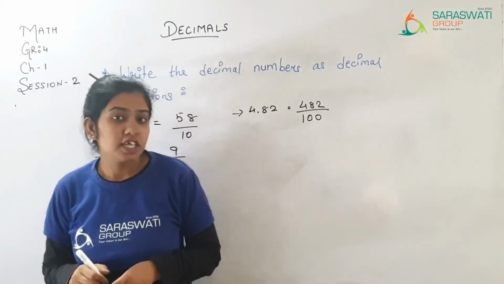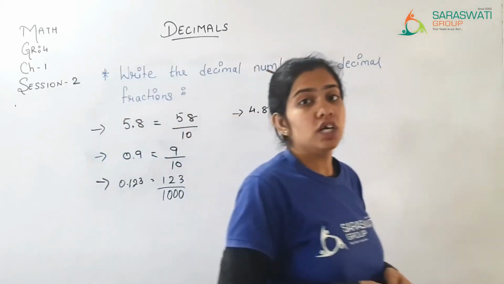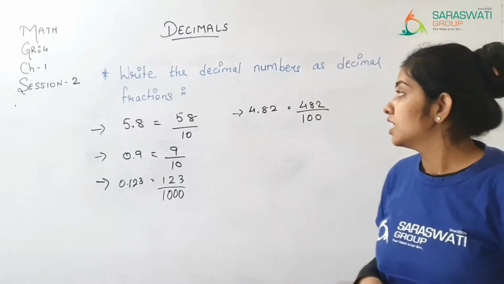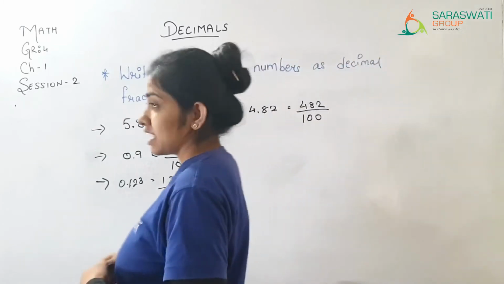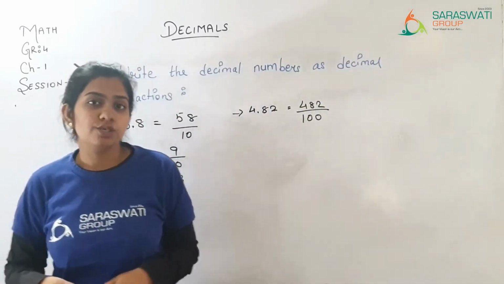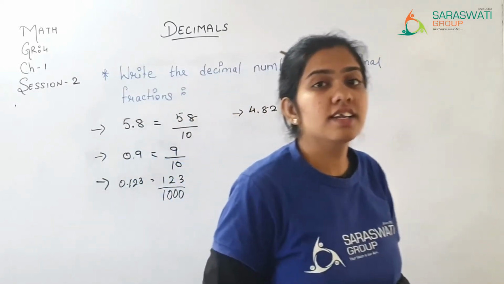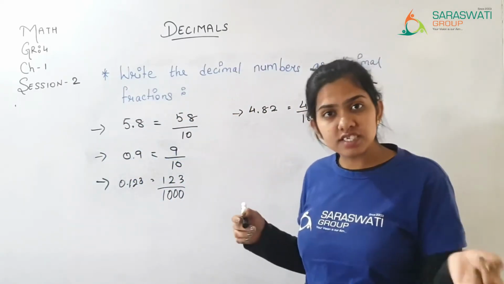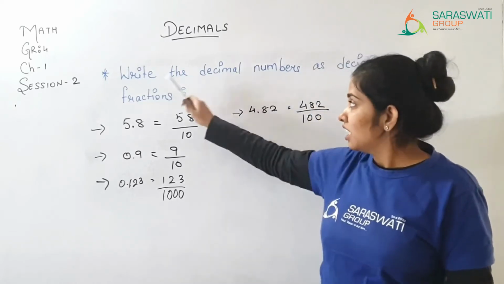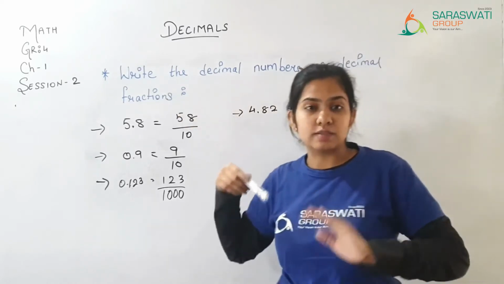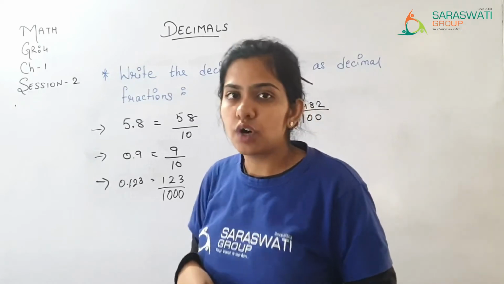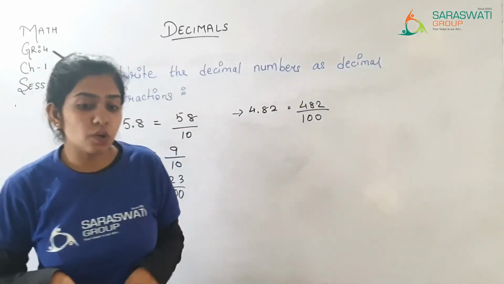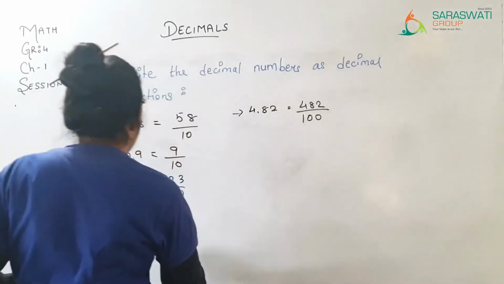ठीक है? So in this way you are supposed to solve this question, that write the decimal numbers as decimal fractions. So I hope that you are clear with these two topics, that write the decimal fractions as decimal number, and this one write the decimal numbers as decimal fractions. Okay, now the next question is write the place value